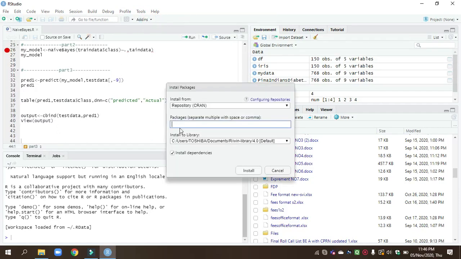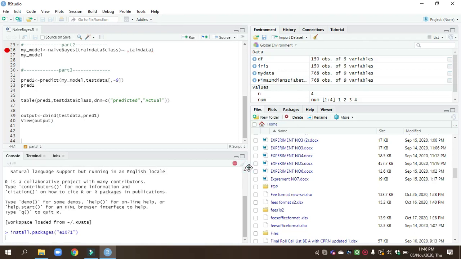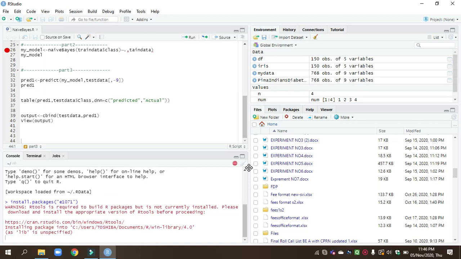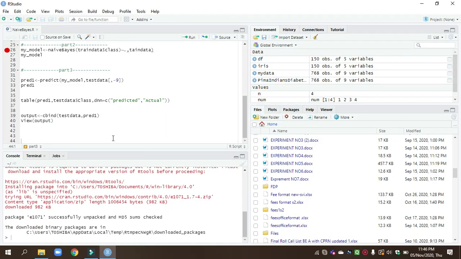For running this program, we require the e1071 package. Now we require caret.